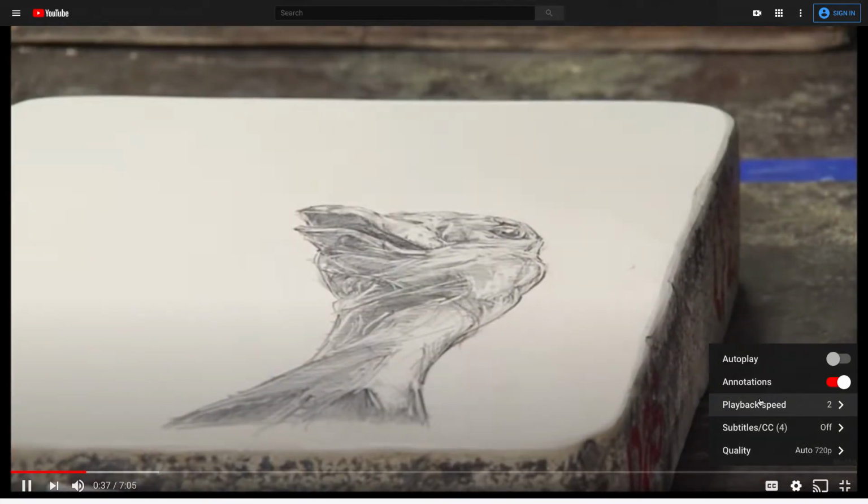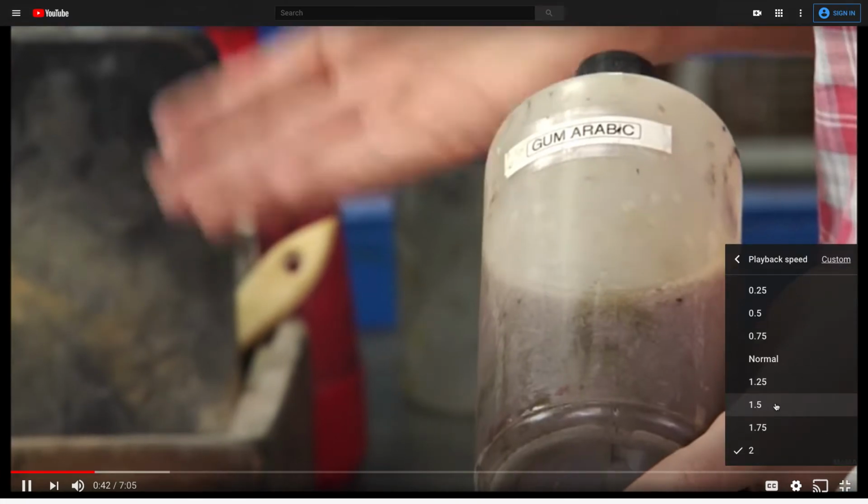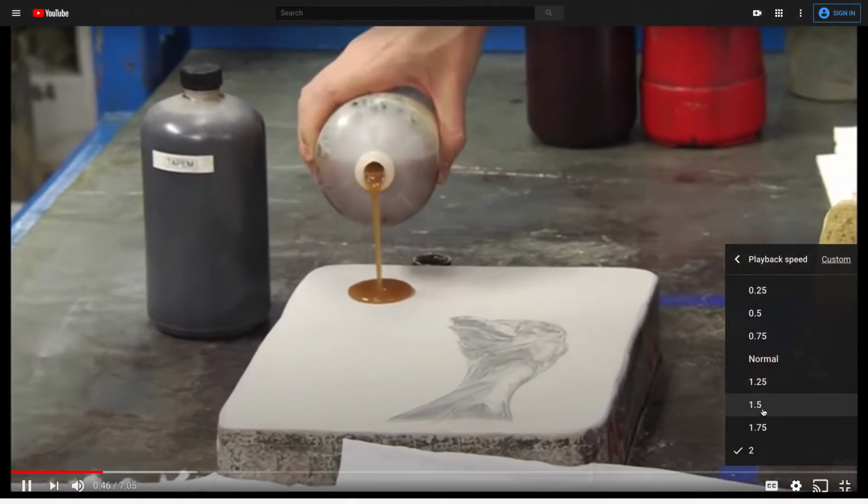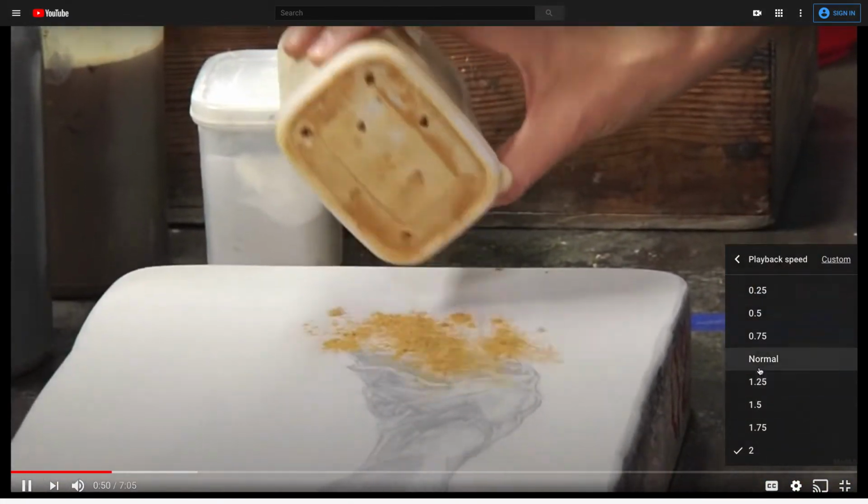Once we've established a drawing or grease on the stone, we chemically treat the stone with materials like gum arabic to establish the areas where water goes, rosin and talc to help us